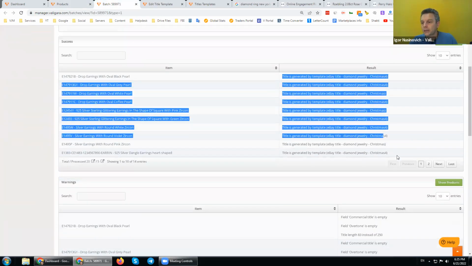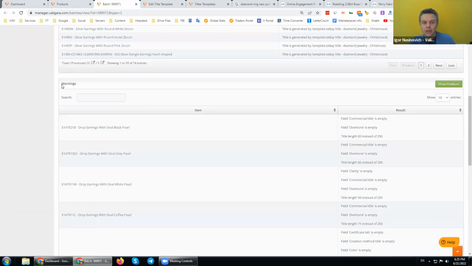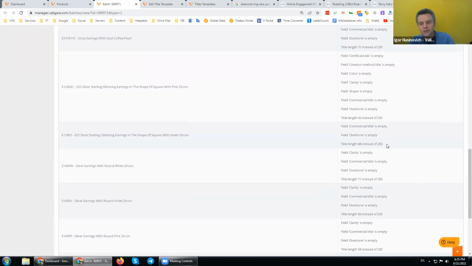So let's see, the title was generated. If we take a look at this, we will also see what generator was applied. In these cases it was the first one, and in these cases it was the second one. Now, it's very important that we take a look at the warnings, and we will understand what happens with each specific product.